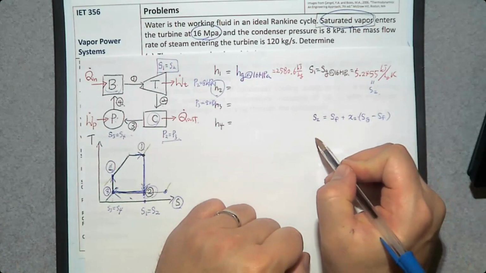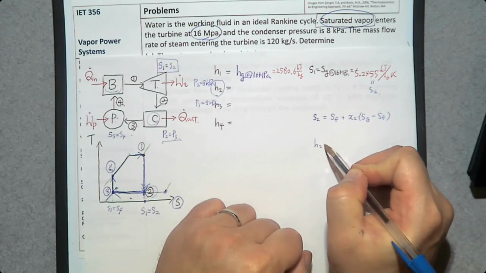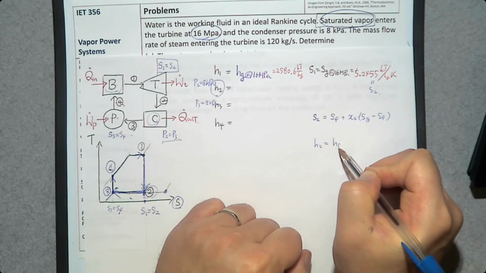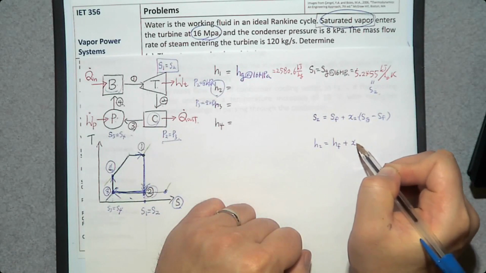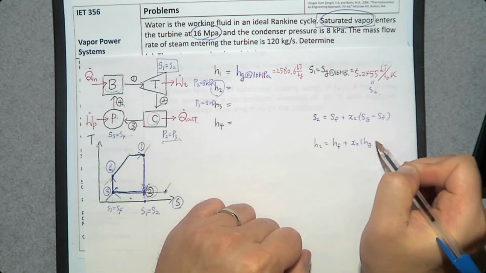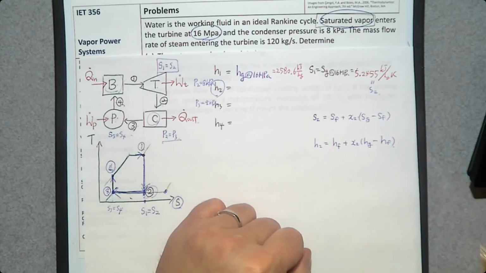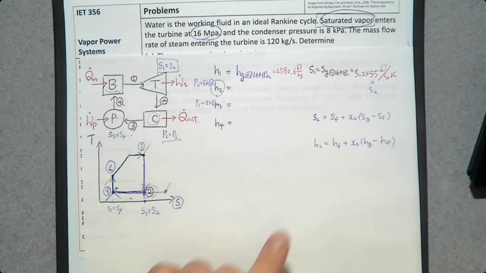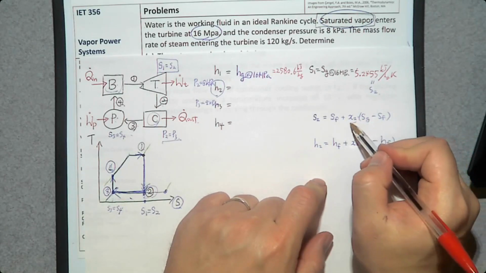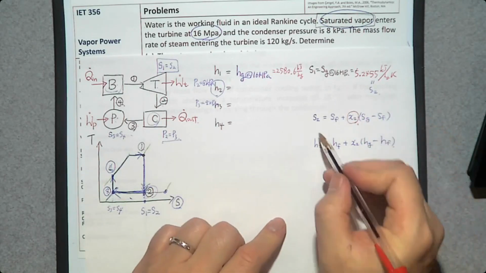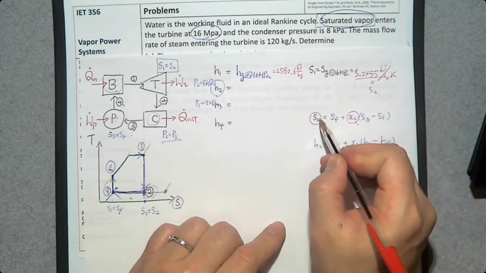Yeah, we know that. Then what about H? H2 is Hf plus quality X2 times Hg minus Hf. Then to determine H2, what we need to know is the quality X. Then what is S2? We found that, this one,